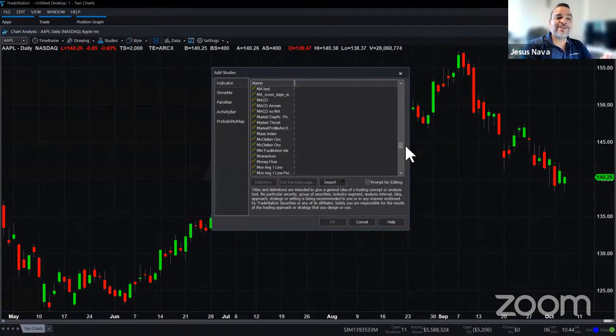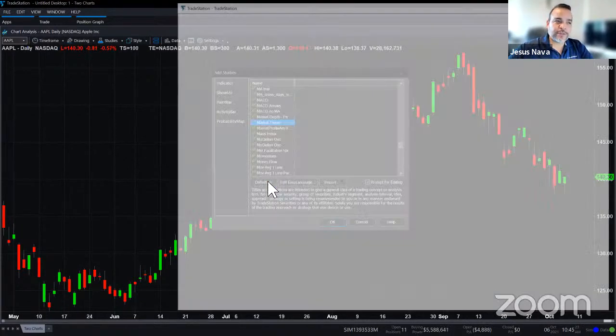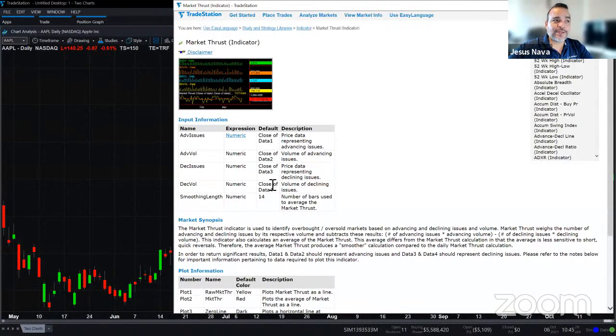And a lot of these studies that you find here, and especially the ones that are built into the TradeStation platform, have built-in help documentation. So if there's something here that you really don't know what it is, for example, I see here something called market thrust. If you want to have some sort of a definition or maybe some sort of description of what the study does, just highlight the study and then click on the definition button here right below. When you do that, it opens up the TradeStation help and it tells you what the indicator does, what it was designed to do, and how you should put it on the chart. So whenever in doubt, click on definition and it'll just open up